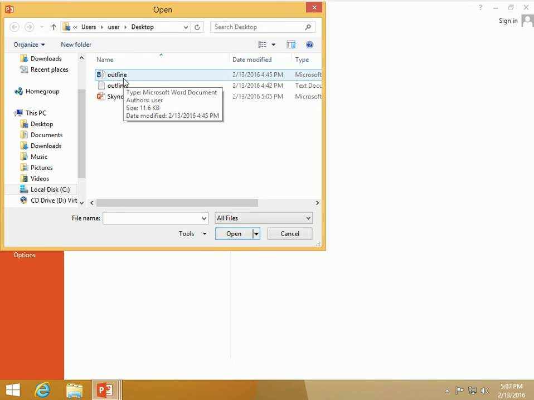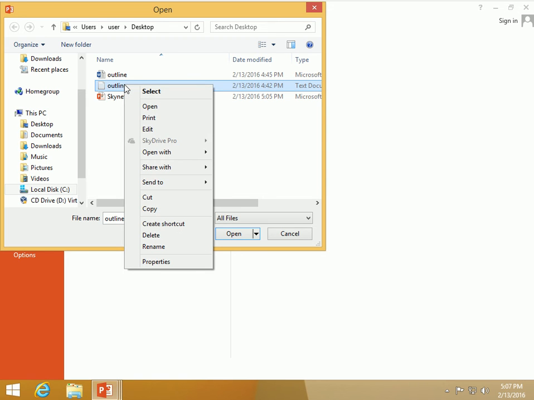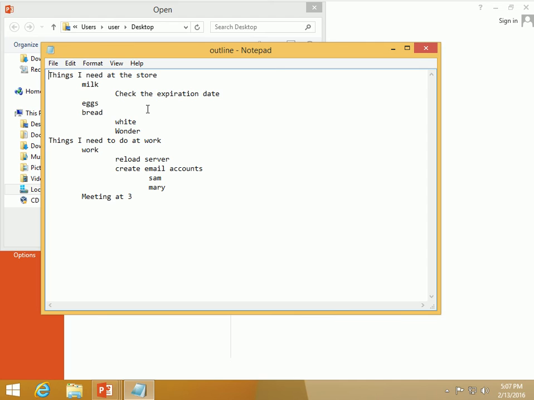One is a Microsoft Word document. The other is just a plain text document. It really doesn't matter which one I open. I'm going to choose to import the outline text file. First, I'm going to right click on this and select open to show you the format of this text file. This is a plain text file,